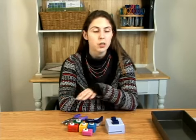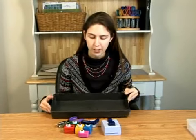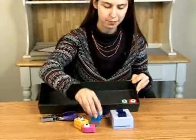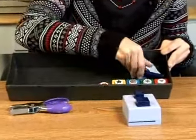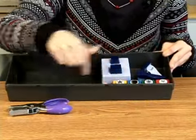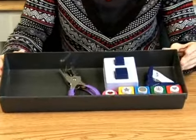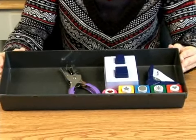Punches are another thing that scrapbookers accumulate a lot of and need to store. One way that's probably a good way to store it is a drawer tray. The reason is you can lay all of your punches side by side so that you can easily see which ones you have and which ones you're looking for to use. Also, in a tray like this, all different sizes of punches fit easily, and then you can just slide this